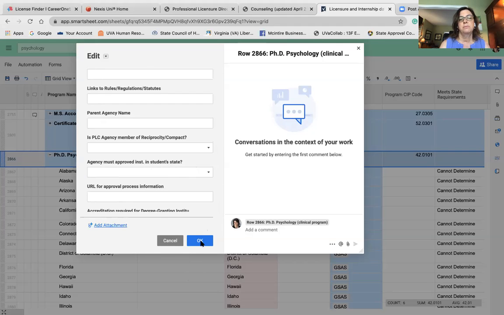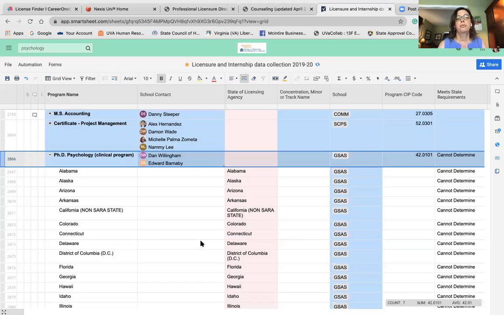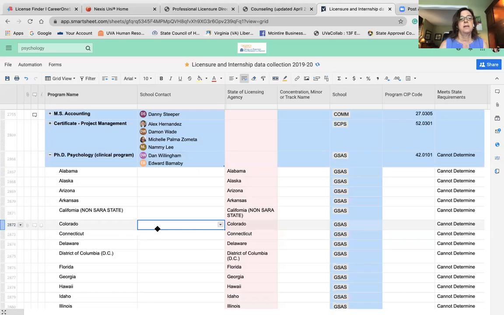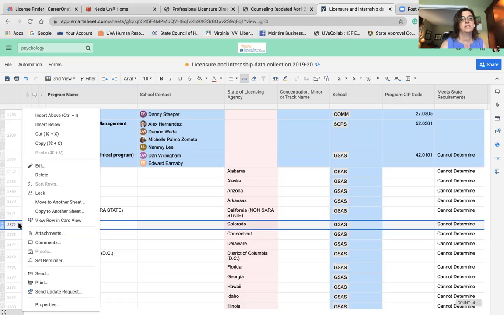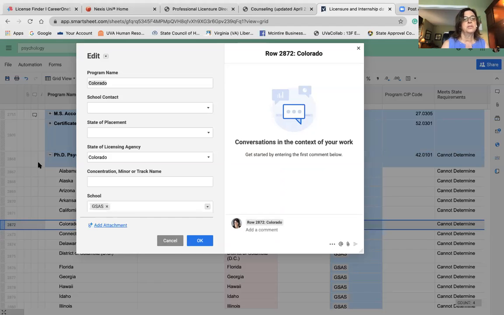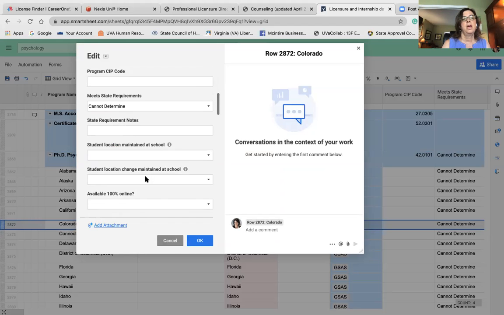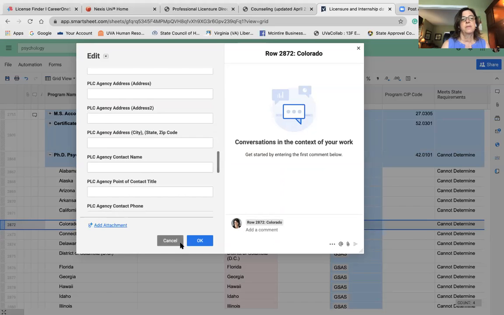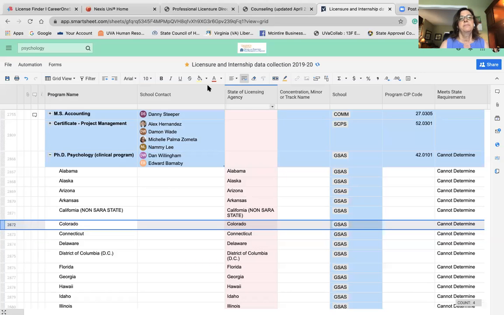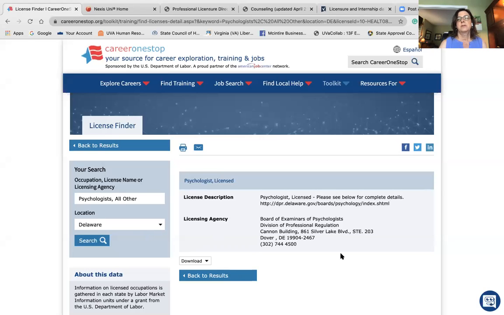Once you fill that out, select OK, and that will pre-populate and automatically save for each and every state. So each row has its own row menu. This is the row for Colorado, and you go through and do the same here, based on the information that you have found, either through this license finder, through the Career One-Stop resource, or the next level of research would be